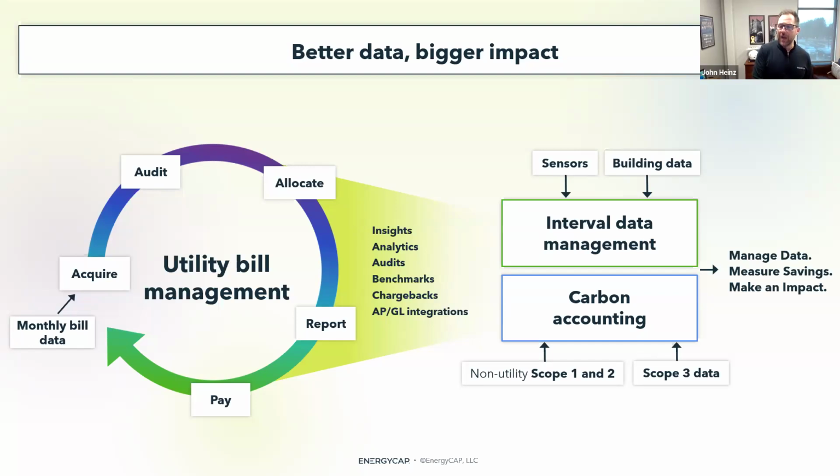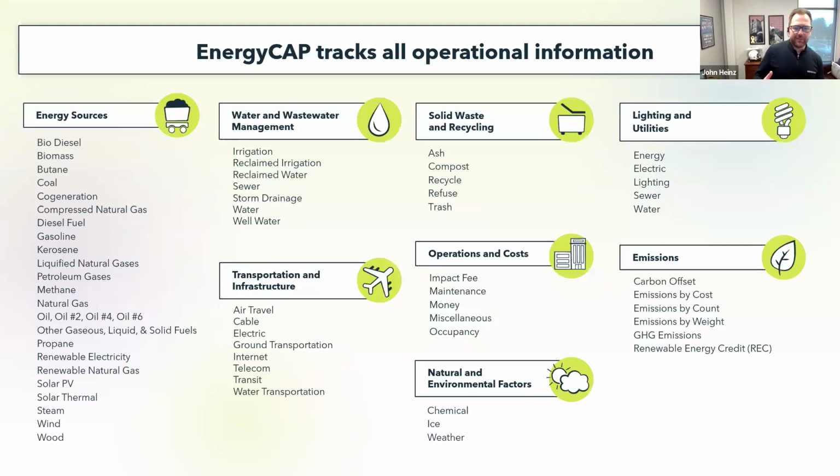Now, what all data can you track? Again, we find organizations through spreadsheets tend to be focused on the core utilities and energy: electric, heating, fuels, maybe water, sewer, fire protection, other water type items, and then potentially waste. What we'd like to offer is track more. If you have software that allows you the infrastructure to create commodities and units of measure and track things,